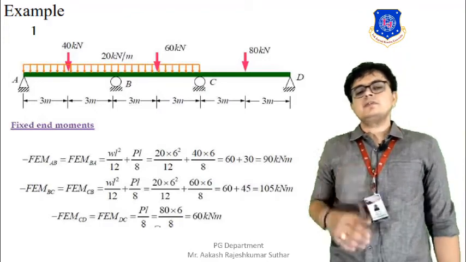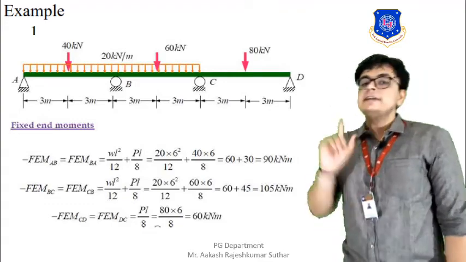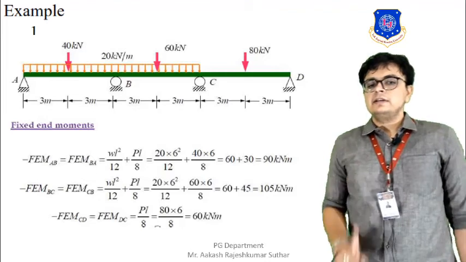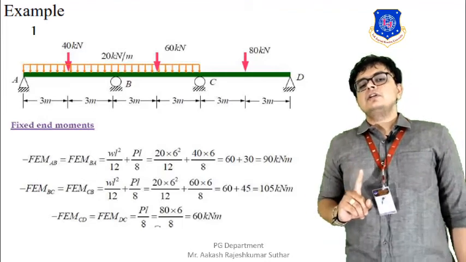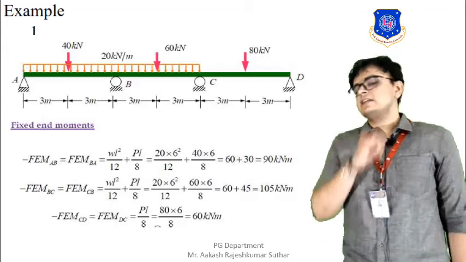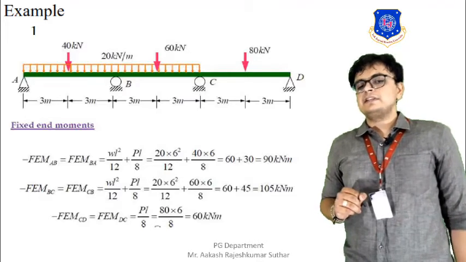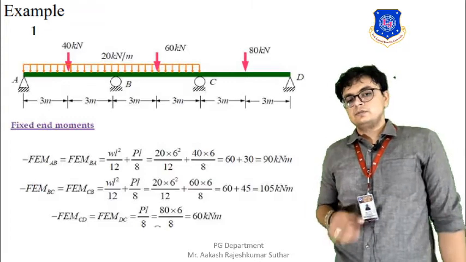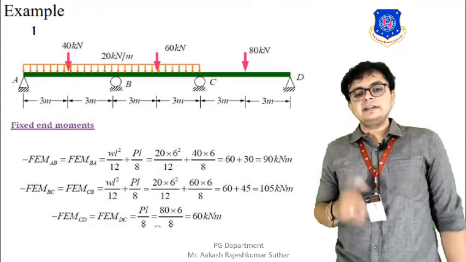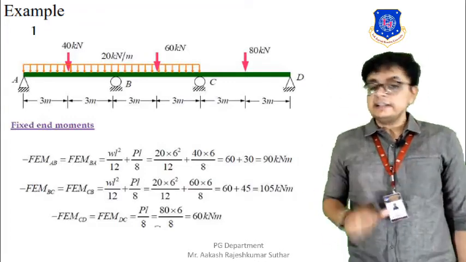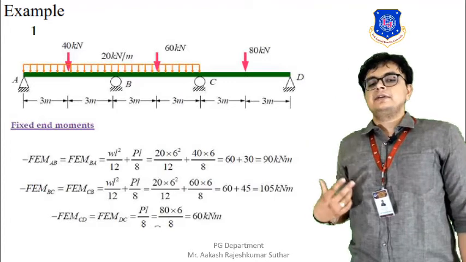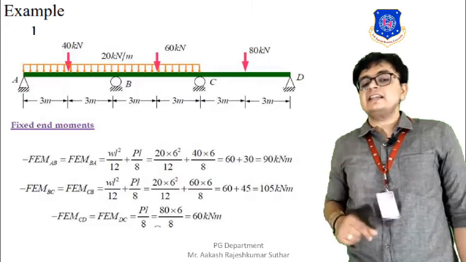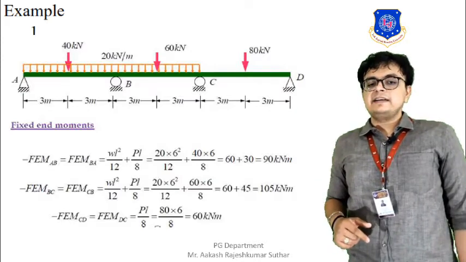Okay. So particularly in span BC, we have a UDL. So fixed end moment for the UDL will be WL square by 12. Okay. And plus we have the centrally concentrated loading of 60 kilonewtons. So for that we will have the fixed end moment equal to WL by 8. Okay. So for UDL we have the intensity of 20 and our span is 6. So 20 into 6 square by 12 plus, because of this concentrated point load that is acting at the center, it will be added with WL by 8.